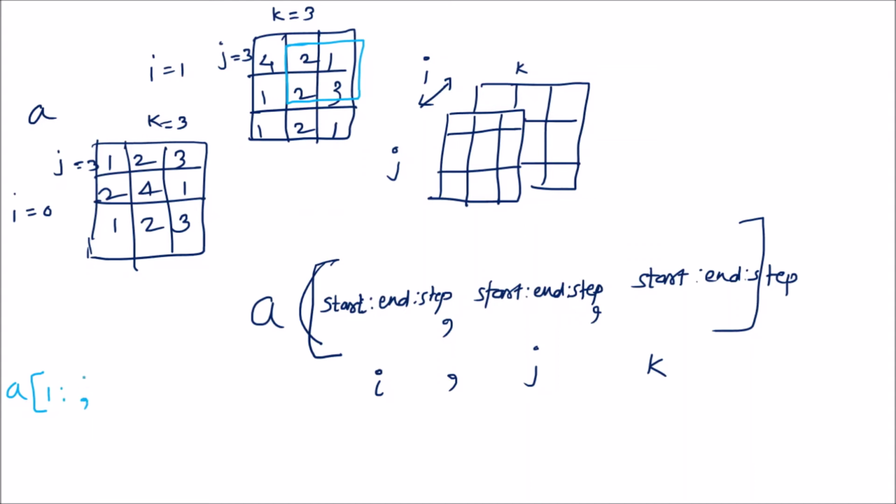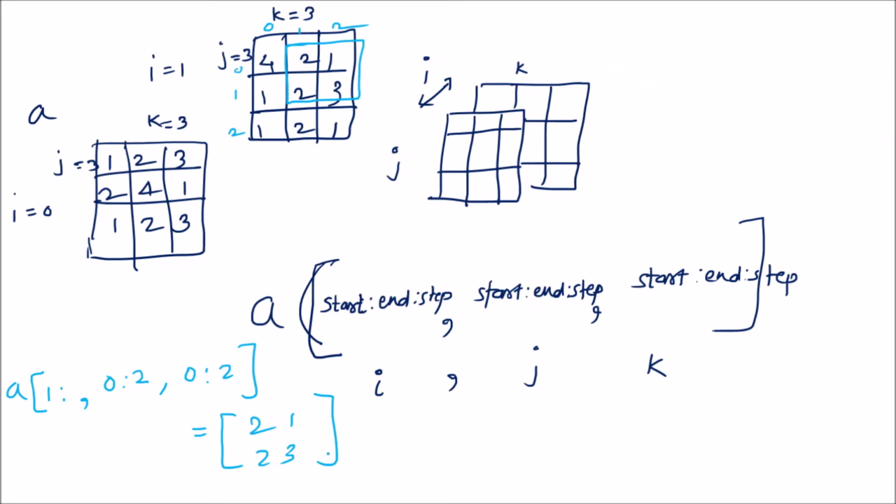Then you can give a comma, because it goes till the end, so there is no need to specify the end. Then in case of j, what is j? It is 0, 1, 2. So starting is 0, colon, up to 2, then comma. What about j? It is 0, 1, and 2. So you can have 0, colon, 2. So it will give you the answer as 2, 1, 2, 3. This is nothing but how you can slice NumPy arrays.